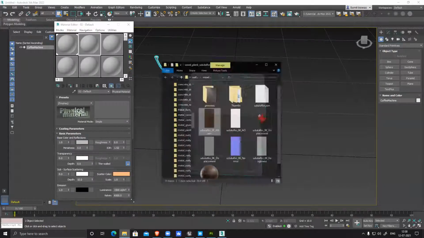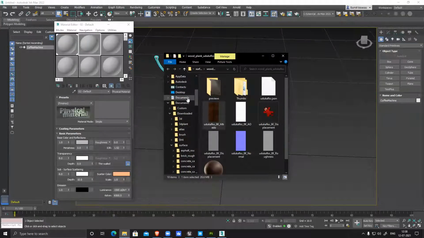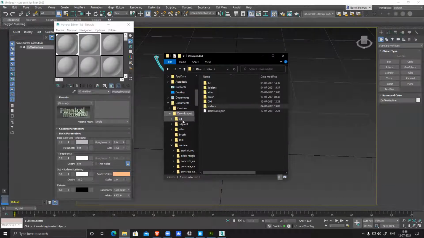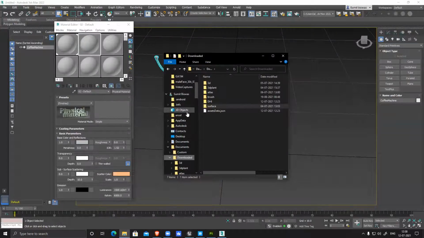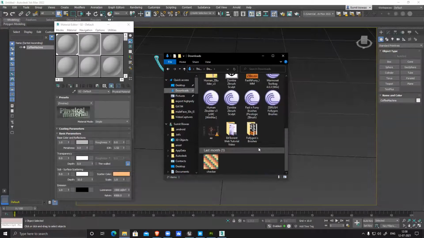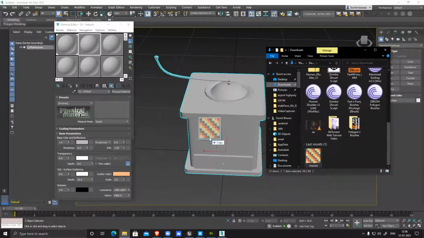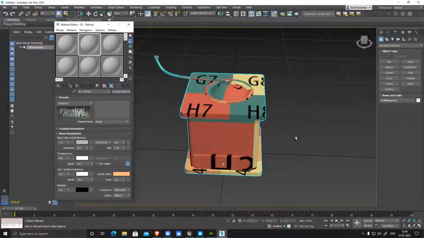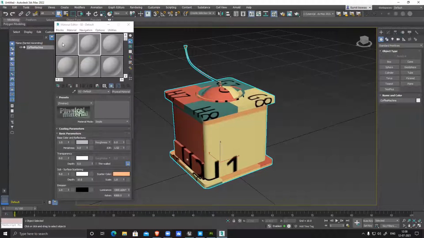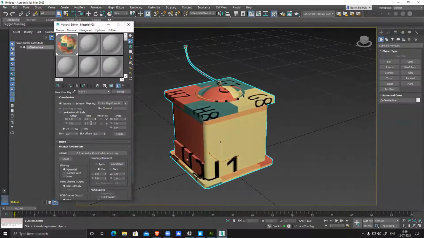Yes, I have a checker map. Let's see, desktop or downloads. I have a checker map. So what I'll do is just simply drag and drop here, and pick this. I can see the image apply here.